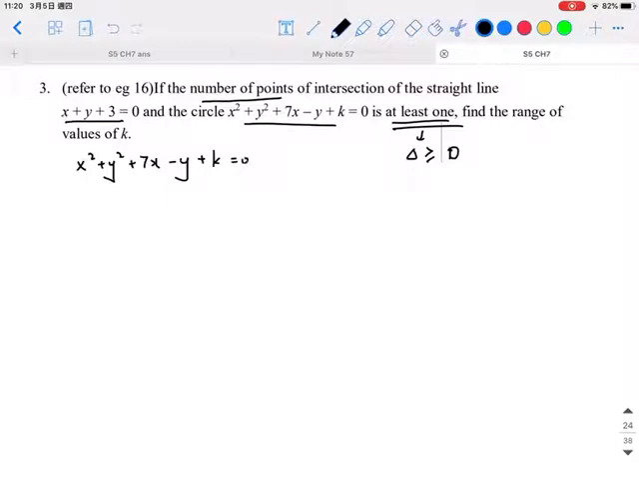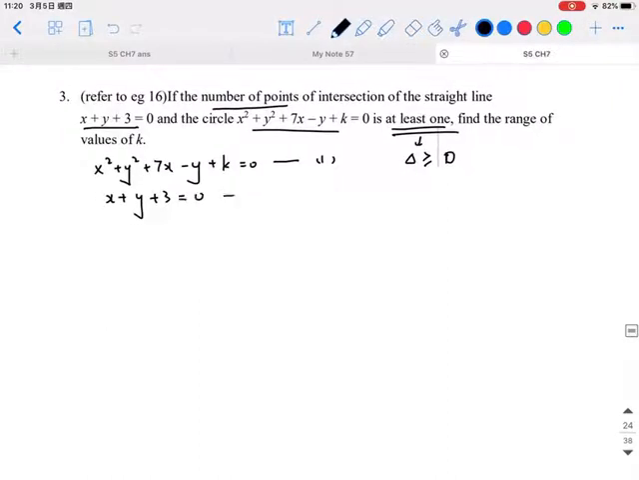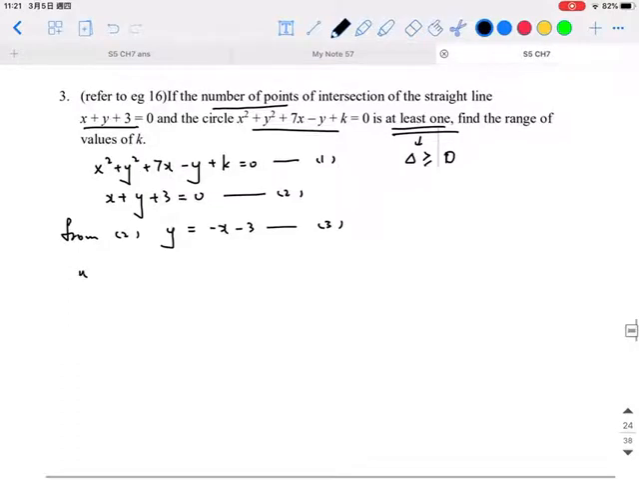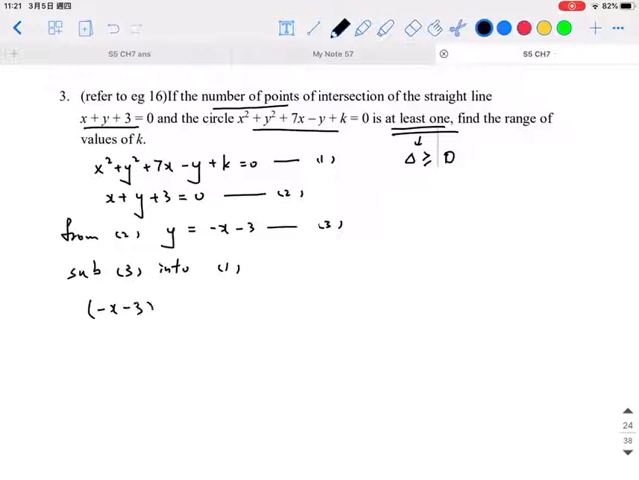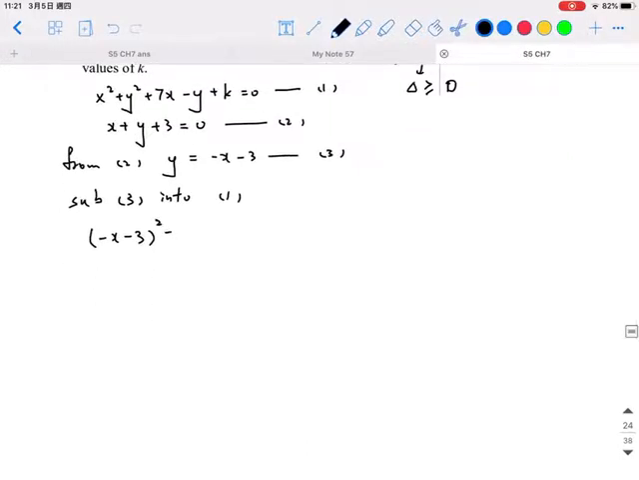Plus k equal to 0 is equation 1, and x plus y plus 3 equal to 0 is equation 2. From 2, y is equal to negative x minus 3, so it's equation 3. Then I substitute 3 into 1, and you will get x squared plus negative x minus 3